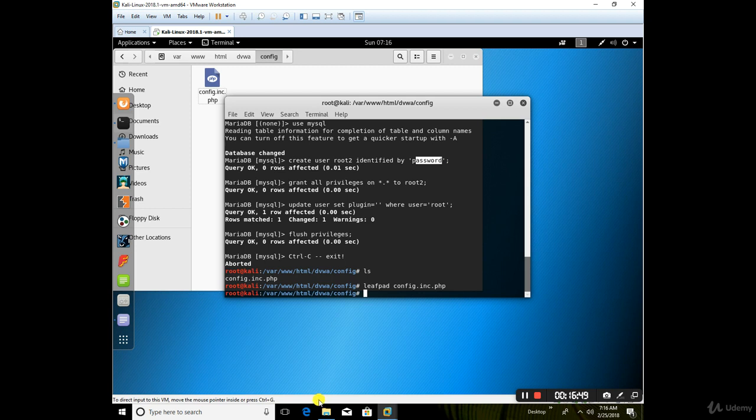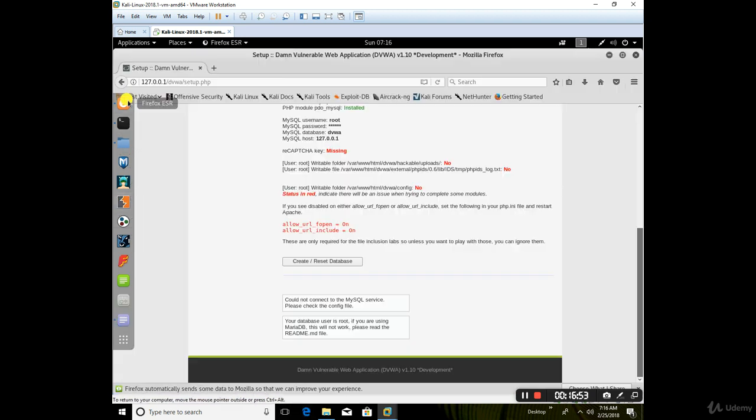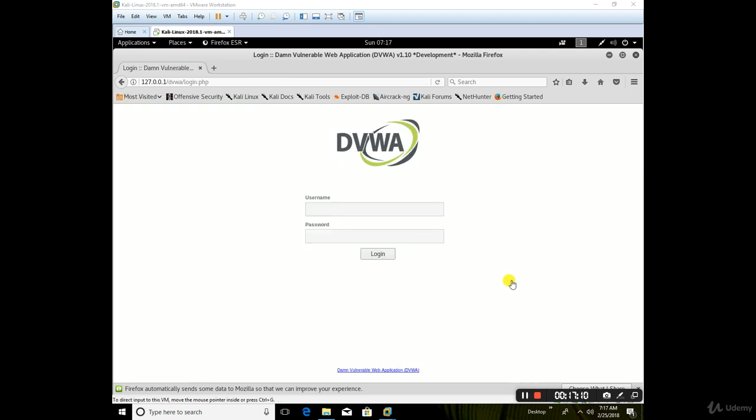Okay, now let's try and go back here. So all the errors that we've seen thus far, we've kind of worked through. So now if I hit the create the database button, it'll work. Because of my slow computer, the button might not work, but the function behind it will work. There it goes. So as soon as I hit that button, it created the database in the back end and